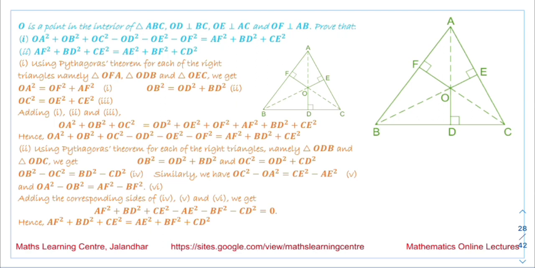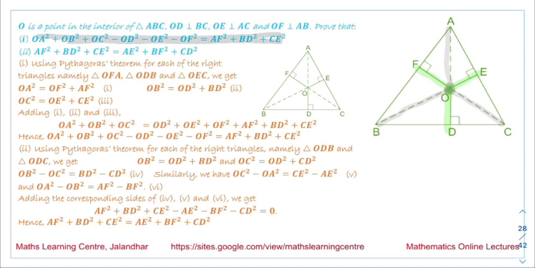So we are saying this O is any point in the interior of the triangle, and we have drawn the perpendiculars OD, OE and OF on these three sides of this triangle. Then we are joining all these points OA, OB and OC. Now we have to prove that this OA square plus OB square plus OC square, this is the first thing